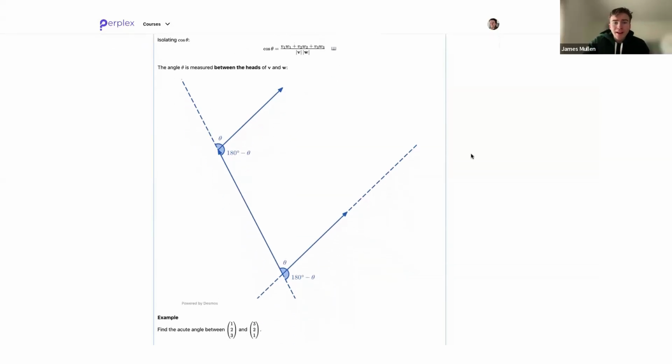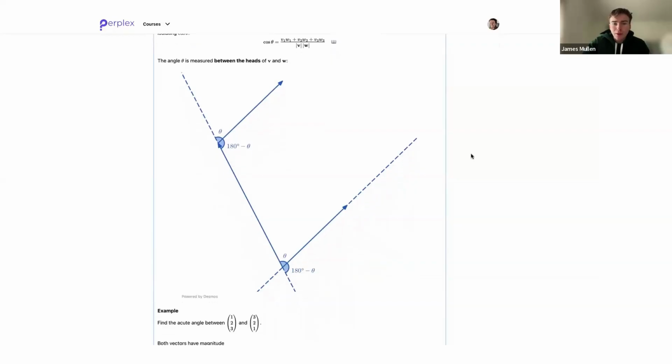Now, when I say theta is the angle between v and w, we have to be very careful because let's say this is v and that's w. Which angle am I dealing with? Am I dealing with this angle here or am I dealing with this angle here? Now, generally, the IB will tell you that you're thinking about the acute angle. They will say, let theta be the acute angle. It won't always be the case, and sometimes the angle might be negative, especially when you're doing simpler problems in